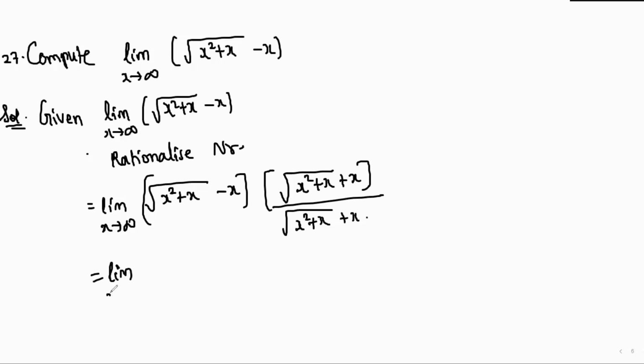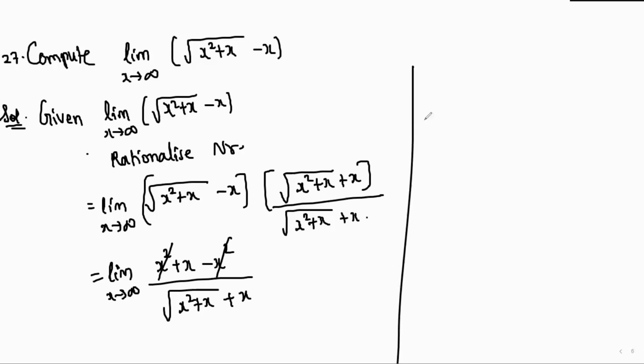That is limit x tends to infinity. Numerator is in the form a plus b into a minus b. So that is a square minus b square. So x square plus x minus x square by root over x square plus x plus x. X square minus x square get cancelled. So that is equal to